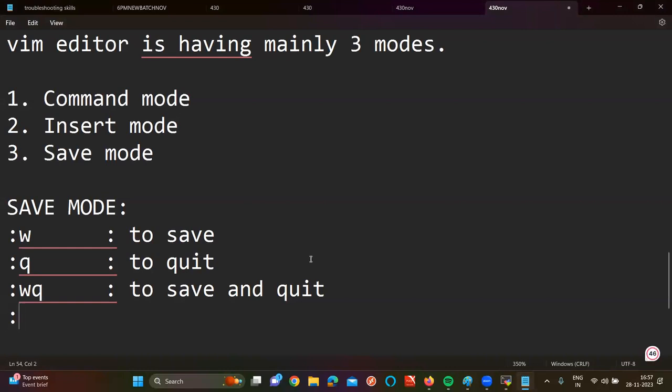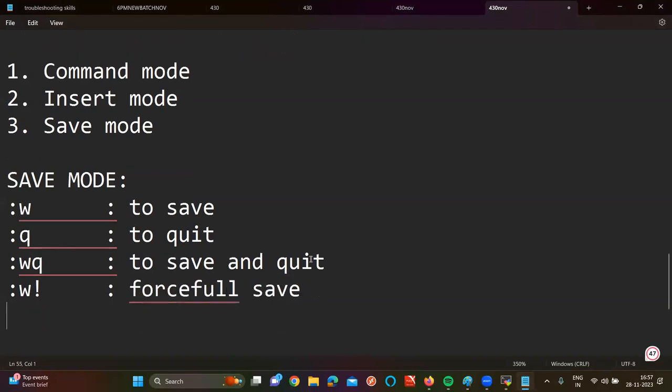And again, if I give :w!, it means forceful save. Forceful save. And if I use :q!,